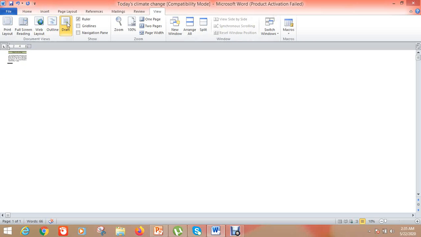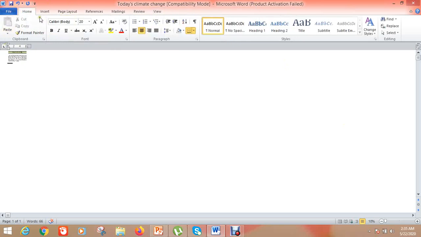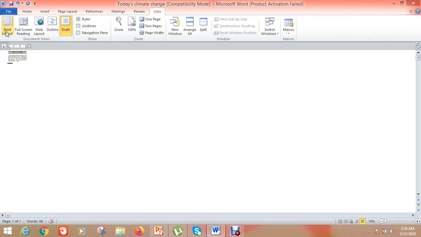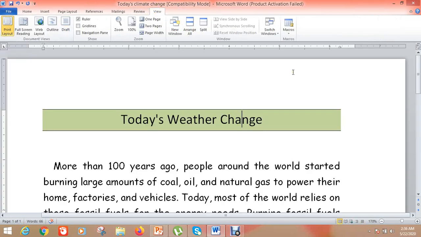Okay, now these are the different layouts that we have studied. The first one was print layout, second full screen reading, third web layout, fourth outline, and the fifth draft. If we want to view them using shortcuts, what will we do? Go to print layout again, and it will come back to its original way.